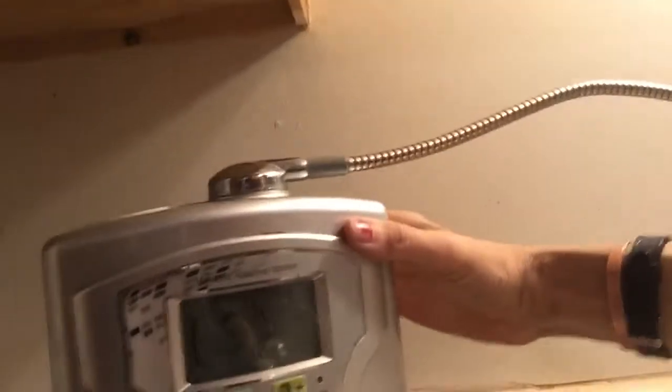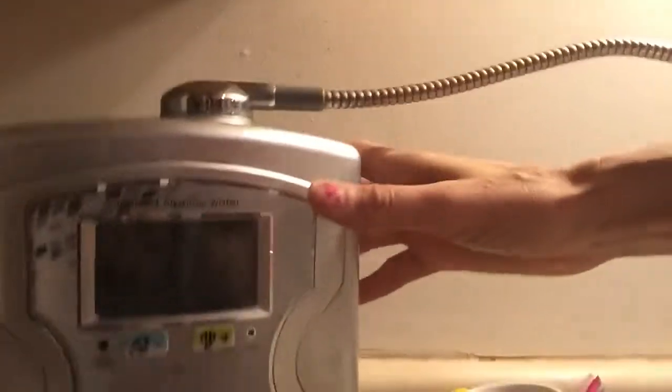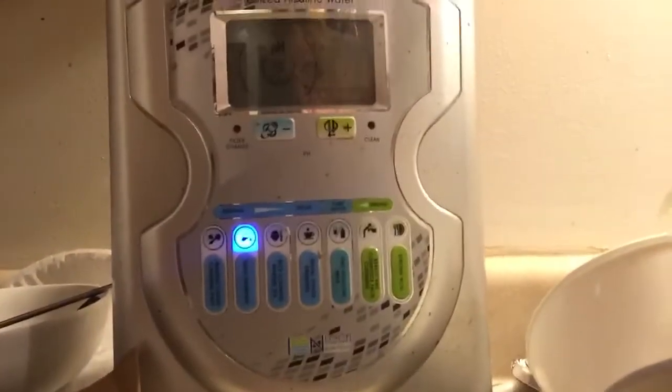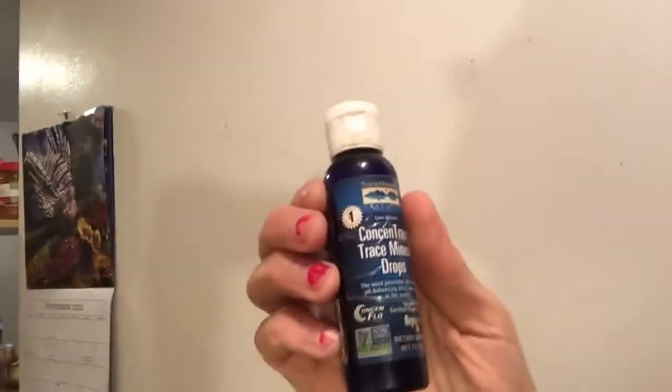this is very popular. I've had this for years. This was $800, and this is very popular in the East. And this is an Ion Tech. What it is is an ionized alkaline water filter. So I filter the water, I ionize it, I alkalinize it, and then I have trace mineral drops. So we have filtered water, ionized, alkalized with trace minerals, and I put in just a couple drops